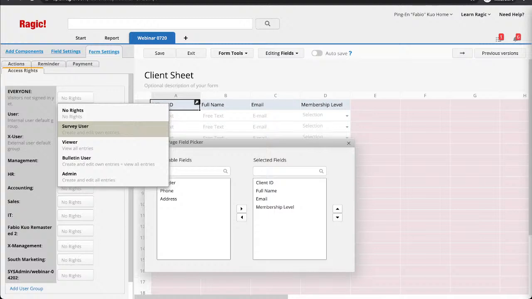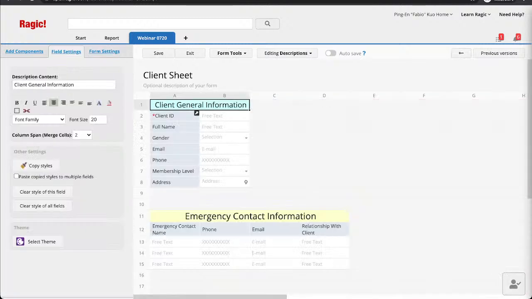And for more information about access rights, I think I've talked about this in the previous webinars, and I will be going through the other access rights settings with the multiple versions, and you're going to see how you can differentiate different access rights to the same pool of data. And yes, I'm going to do that right now. So if you want a client to fill in their own information, but not all the information, and you want another sheet to have their client information with certain information that you do not want the public to see.